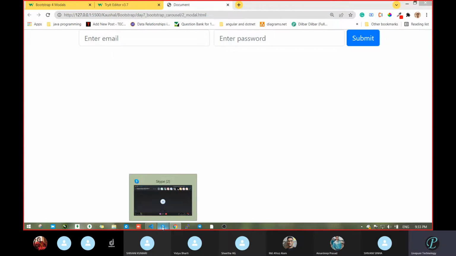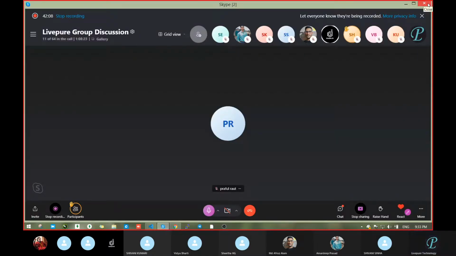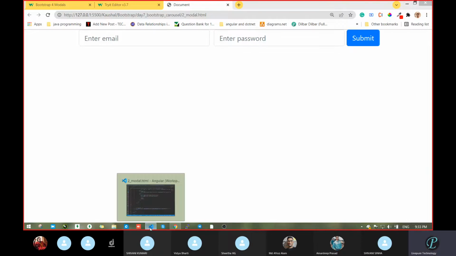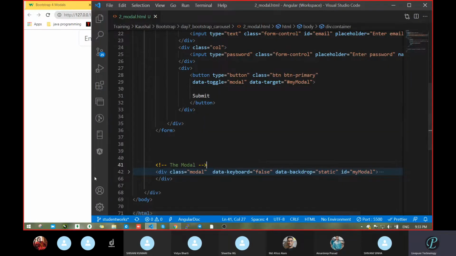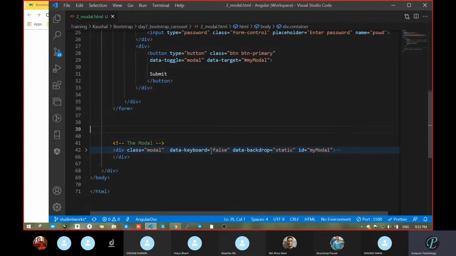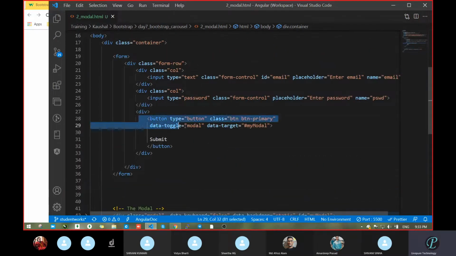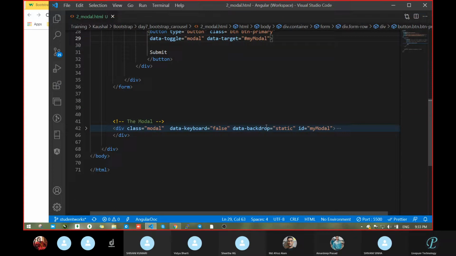Okay, recording is going on. So next, I added that code already. Dharmender, Amardeep, everybody had given that answer. Here I added data-target. In this modal, I added data-keyboard equal to false and data-backdrop equal to static.